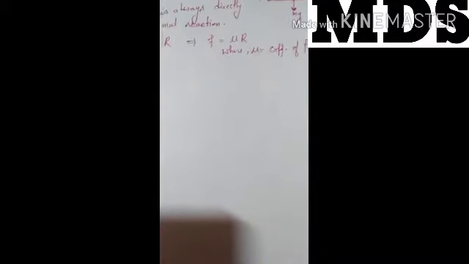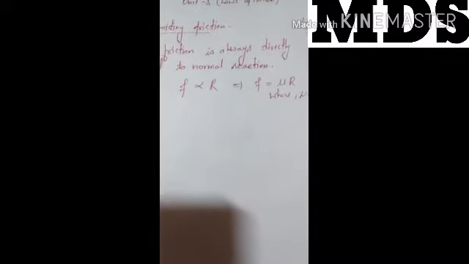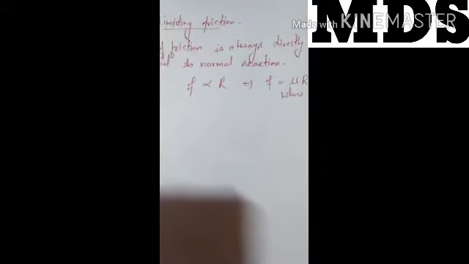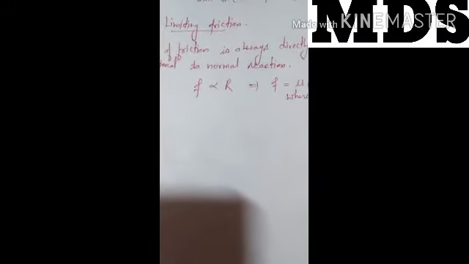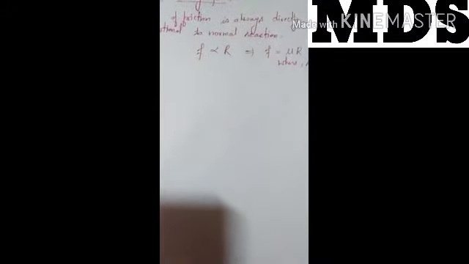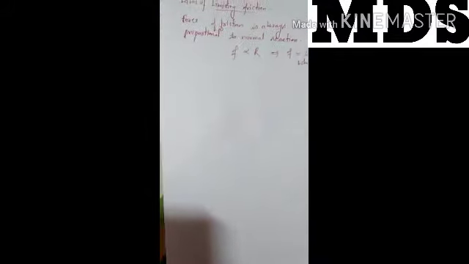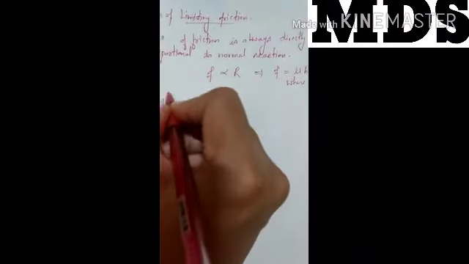Then the force of limiting friction is always opposite to the direction in which the body is moving. Because the motion is due to the applied force, friction will always act opposite to the applied force. Clear? Then the force of limiting friction also depends upon the nature of the material, that is, whether the surface is rough or smooth. On a rough surface friction will act. On a smooth surface there is no friction or less friction. Clear?